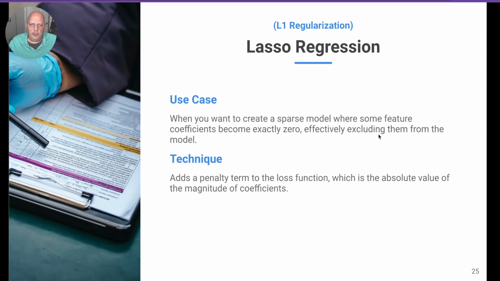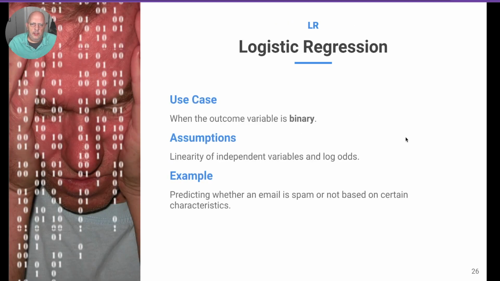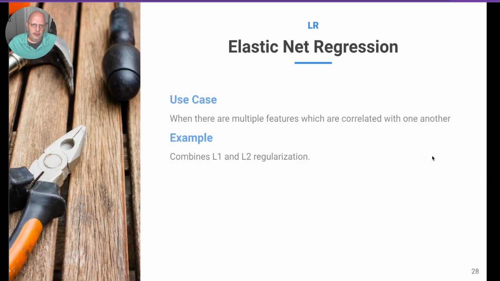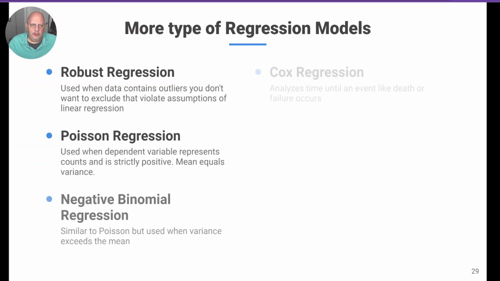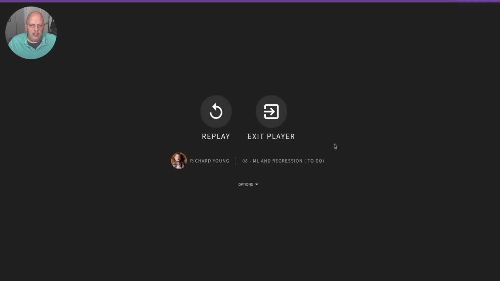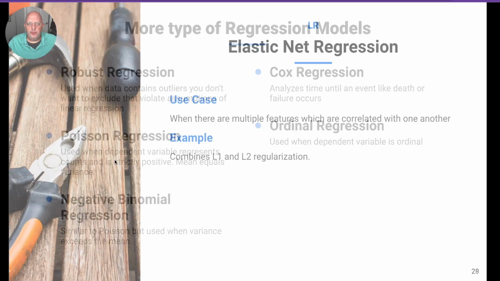So, what else did I include here? Logistic. This is just a binary assumption. I don't really use this one too much, maybe once a year. Elastic net regression used to be really popular, and I just don't see it as much. And again, there are more types. Believe it or not, Cox has been used a little bit more than normal. I used Poisson distribution a couple of days ago. So, like I said, there are a lot of different types of regression.